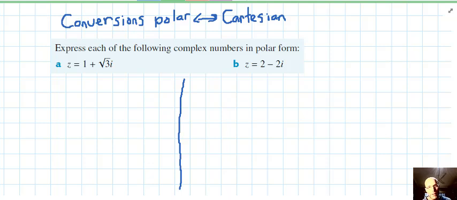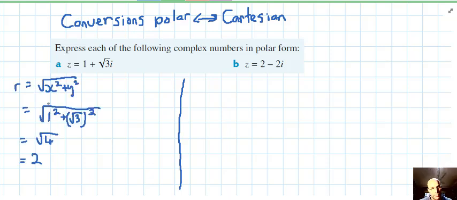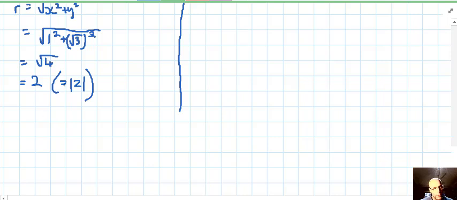Well, we've looked at the beginning of this video. So we've got r equals the square root of x squared plus y squared. That comes out as 2. Now that's basically the modulus. So you could also write that as that, the modulus. The argument now, probably with some complex numbers, you need to take a bit more care than others, but to find the arg of this,